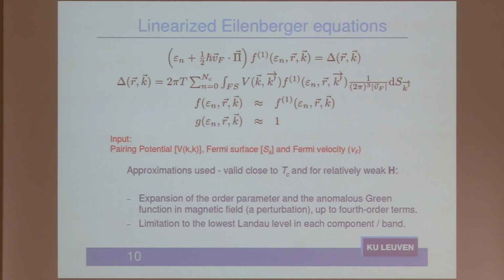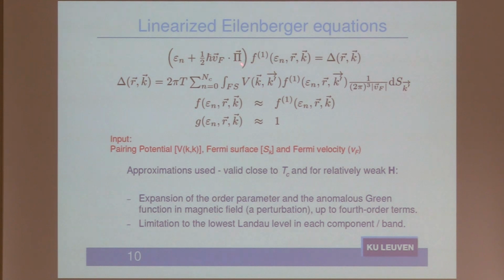So we use this to solve this equation to calculate the second critical field. But the second critical field is a nucleation of superconductivity. So therefore the delta, which is the order superconducting parameter, will be small. And because it's small, we can apply some perturbation theory to find F1. Actually, this is done by iteration.